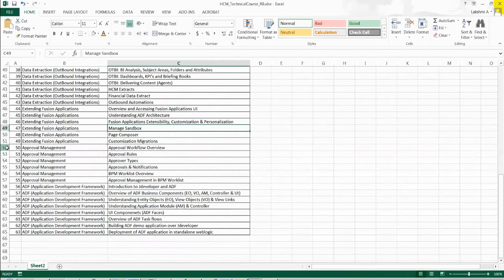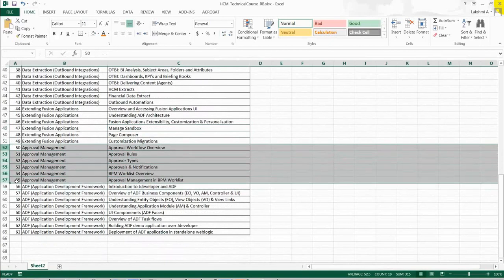And then I'll talk about the approval flow, how the approval flow works in the Fusion applications, how we can configure the workflows, how we can modify the workflows, and how the workflows are different for each individual task. And where are the places we can do the workflow configurations, either in the middleware server, that is BPM, or from the front end application itself. There are various ways to do that, and we're going to talk about that.